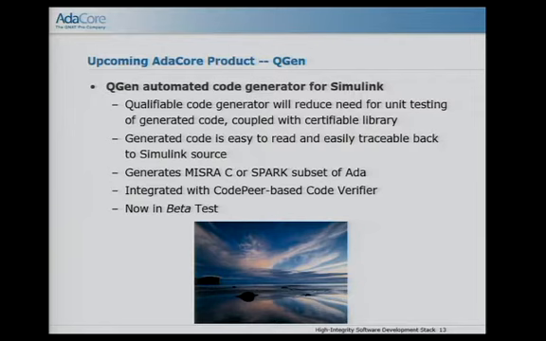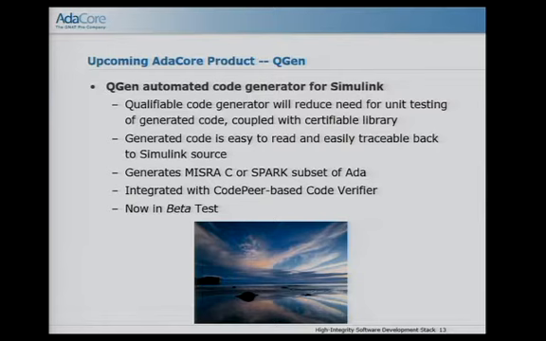And we are going through the process of qualifying that code generator, in the sense of proving that it actually does what it claims it's doing, so that you can have confidence that the code generated from the model is semantically equivalent to the input. It also is designed to be very easy to read and easy to trace back to the model. We heard some discussion earlier of what's involved in doing some of that traceability, and that was one of the goals, because we know that for high integrity systems, traceability is essential.